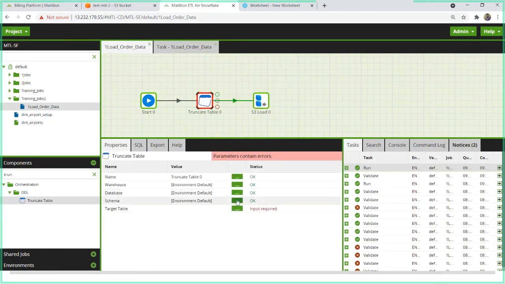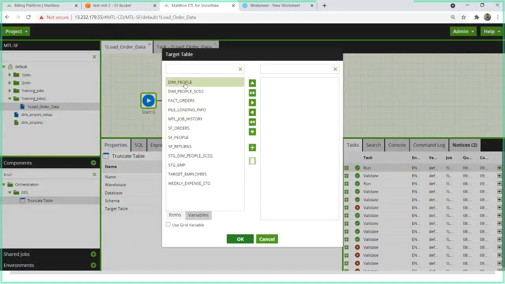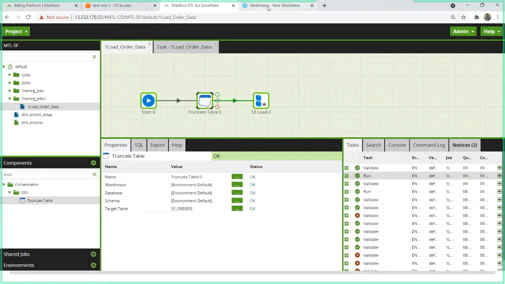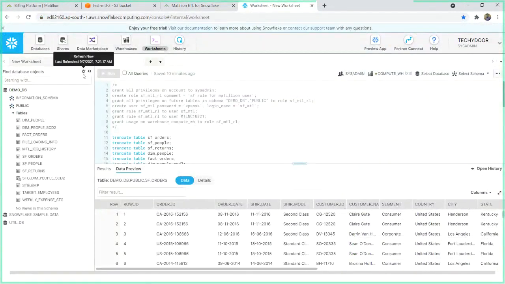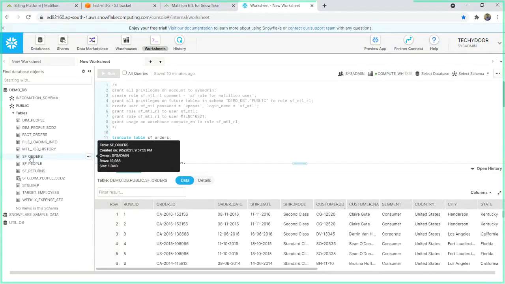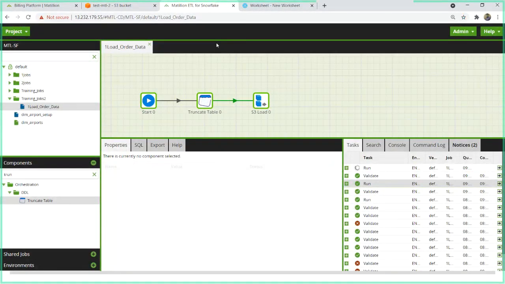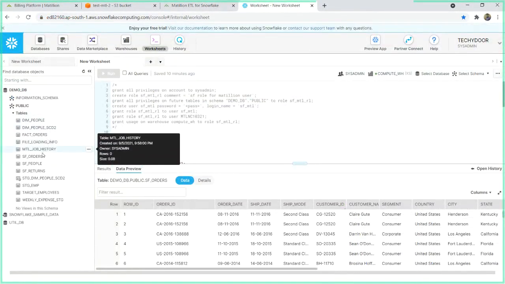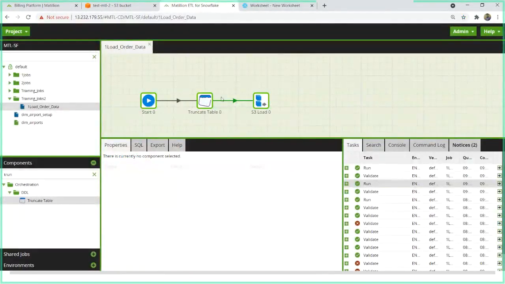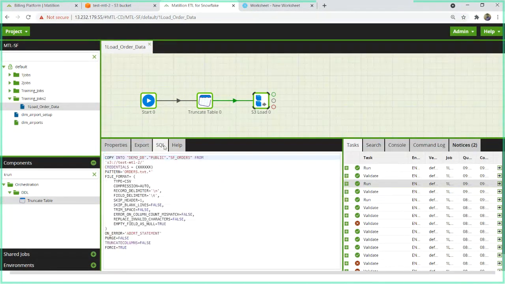Okay, so let's say I need to truncate the SF order table. Right, if you see, currently SF order has 19,000 records. If I run it one more time, it will just truncate it, and you'll see 9,994 records. The magic is that it prepares a copy command for you, and sends it for execution